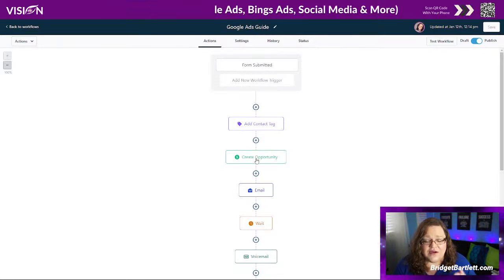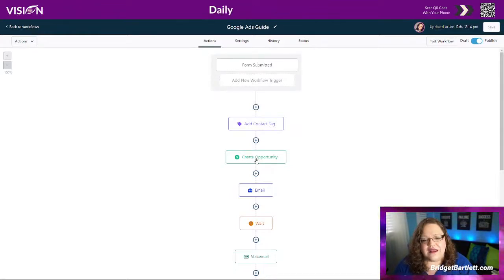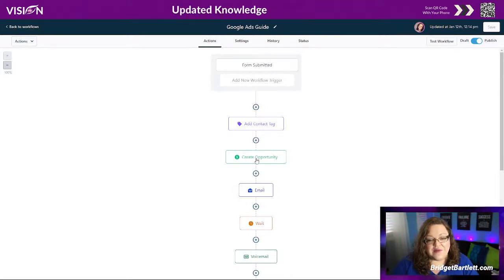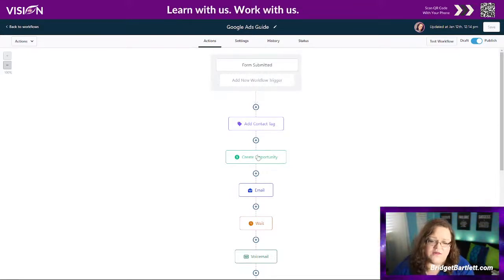I do suggest creating a pipeline that is for lead generation because especially if you're like me and you're putting out a lot of content and you're getting a lot of leads coming in from all different places, it's nice to have that one sales pipeline where it tells me where they came from, what they have been exposed to, and it just adds that card in my pipeline. Again, definitely go back and watch the training that I did on pipelines and things, and it'll make it more clear. But all of the workflows that I do, I want to add a tag and I want to create